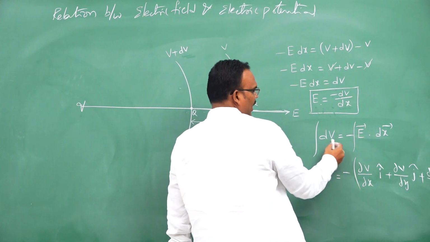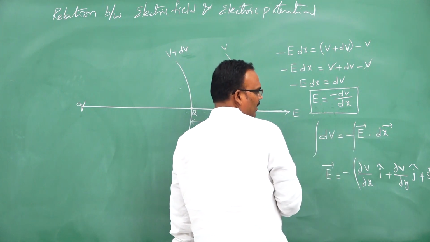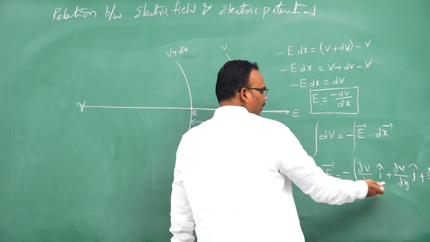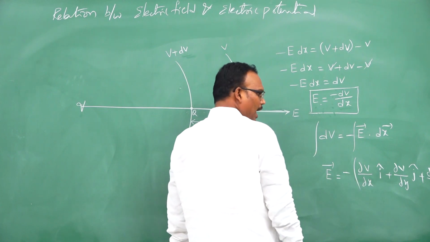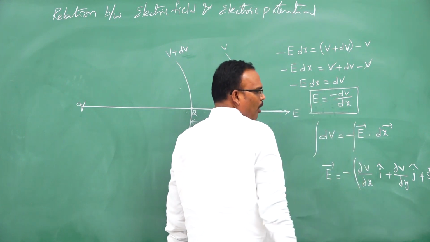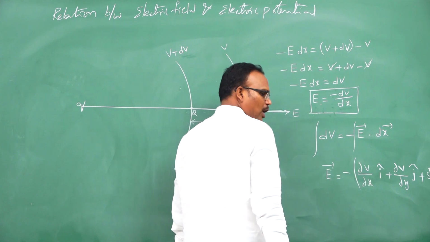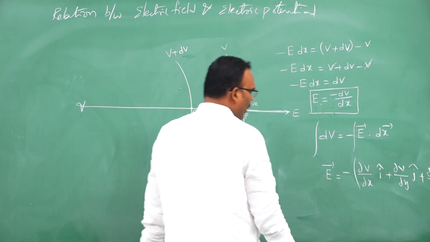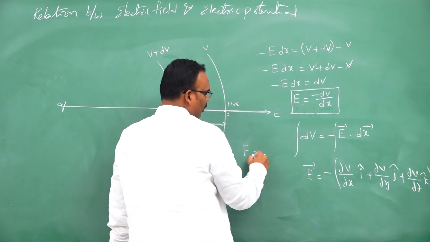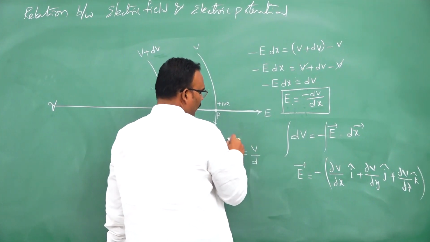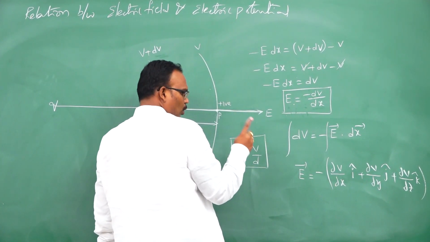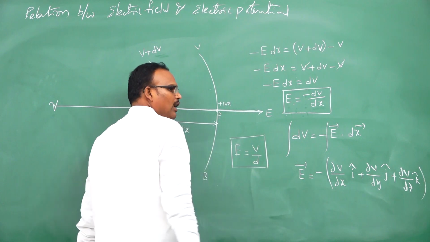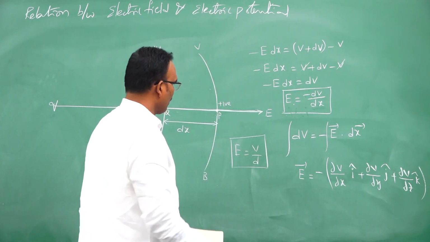Like that we can write this expression in two different ways. To calculate potential difference we can use this. To calculate electric field we can use this. Okay. In non-uniform electric fields, these expressions can be used. In case of a uniform electric field, E is equal to V by d. Don't forget this expression can be used only in case of uniform electric fields.